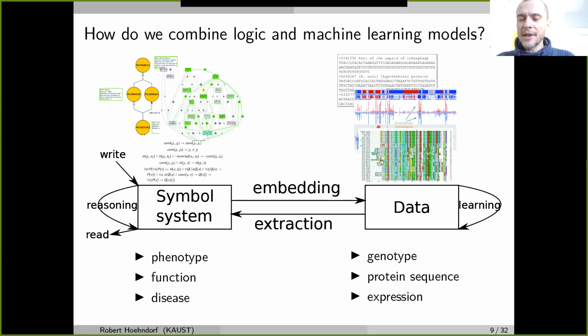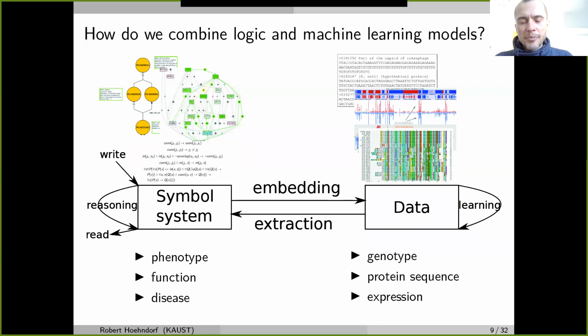And on the right-hand side of this figure, you can see different types of unstructured data. And unstructured data are things that we usually measure. We can represent this mathematically as big matrices or in other types of formats. And this is where we usually apply pattern recognition methods or machine learning methods in order to characterize certain types of patterns that we can identify, and we relate them to an outcome.